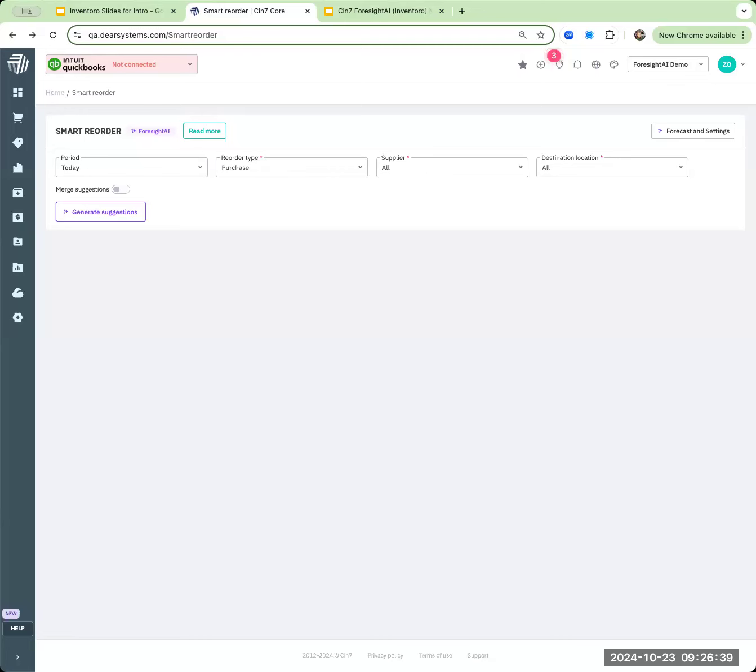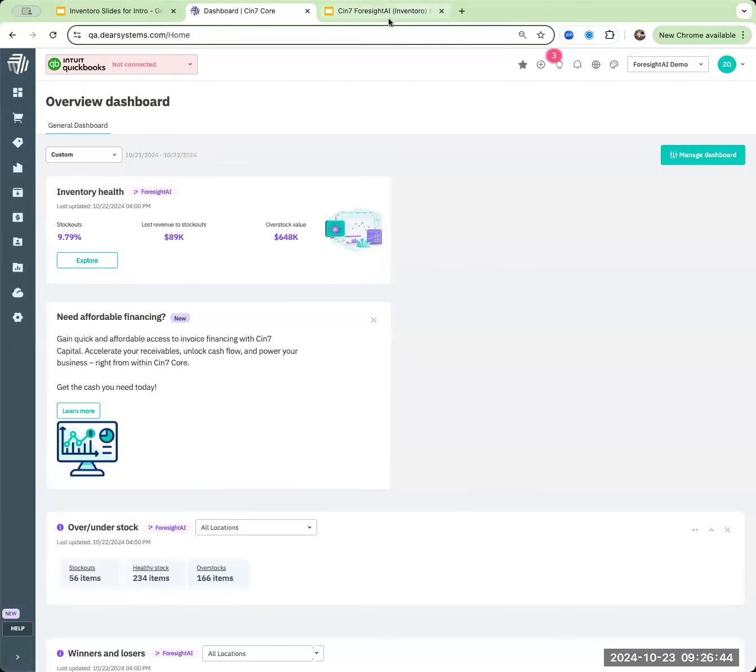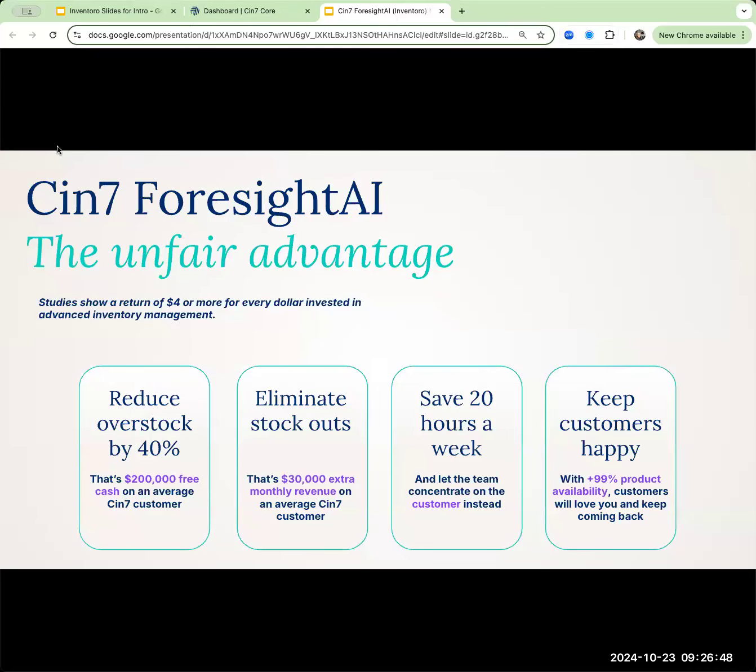And we will go ahead and go back to, we're already in our ForesightAI. We'll go to the dashboard. But let's actually hop into this screen. So essentially now we're kind of back at the beginning as I showed you the dashboard screen, but let me